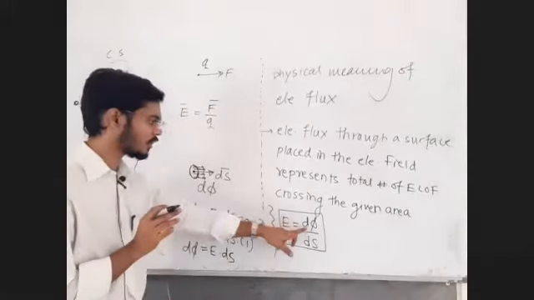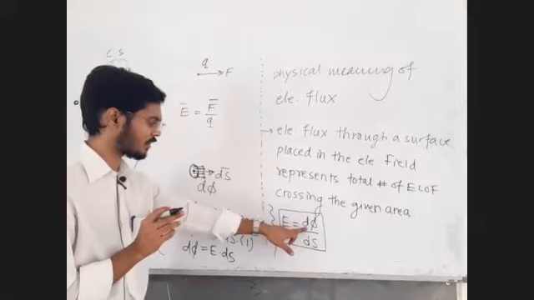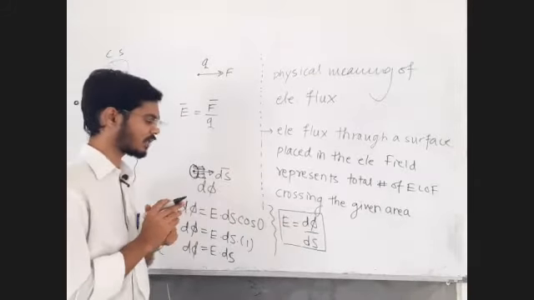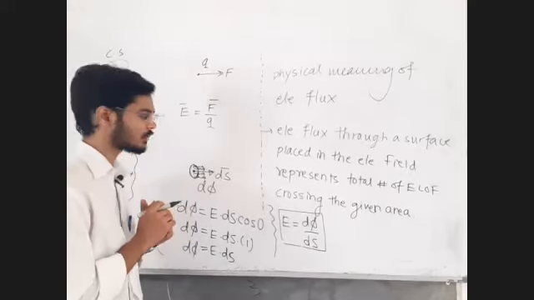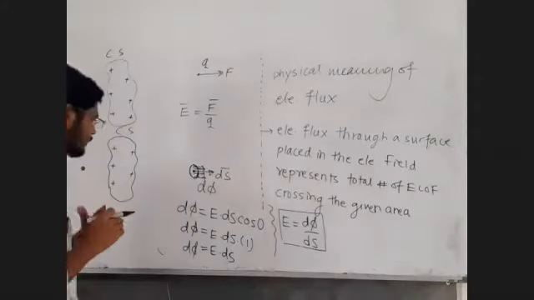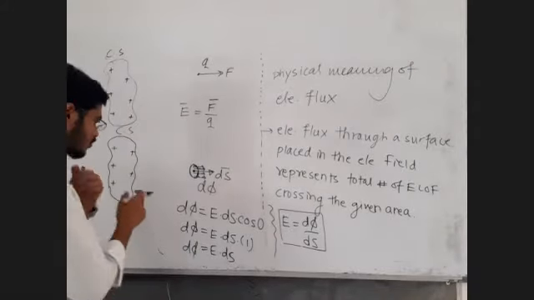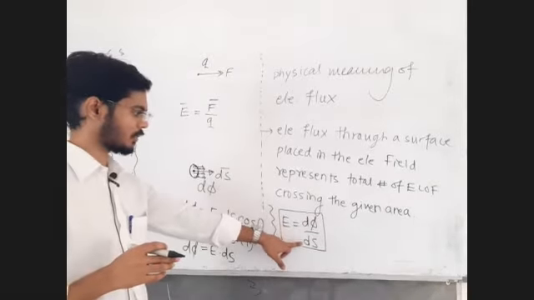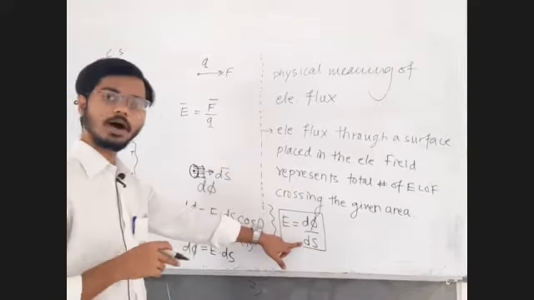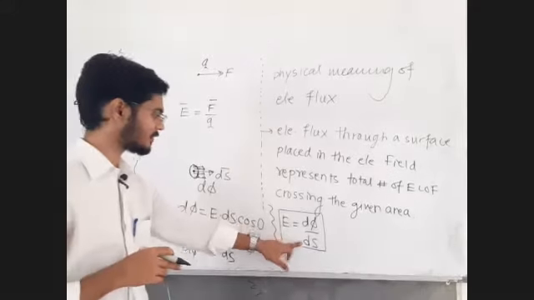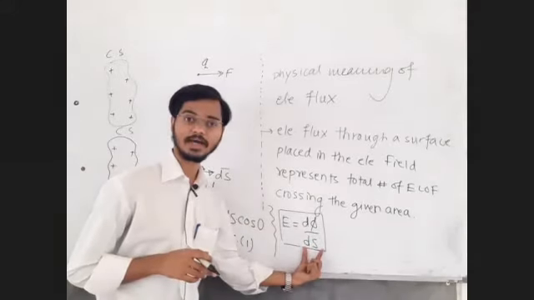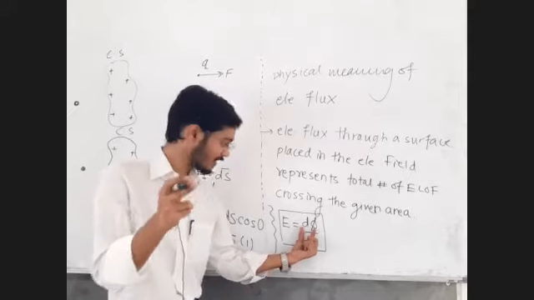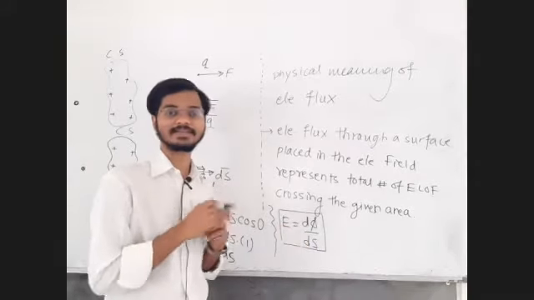If we know the electric flux through the given surface area, find electric flux divided by area, electric flux per unit area, and you will get the magnitude of the electric field. So there exists one more definition: electric flux per unit area. In a unit area, more flux means more number of lines, and more number of lines means more electric field. Agree, disagree?